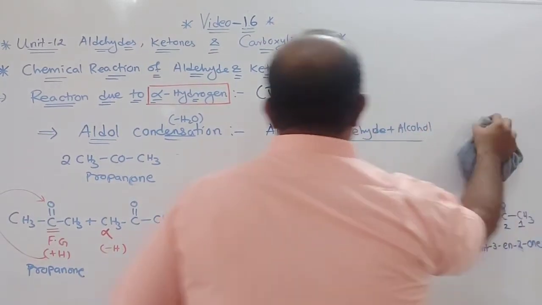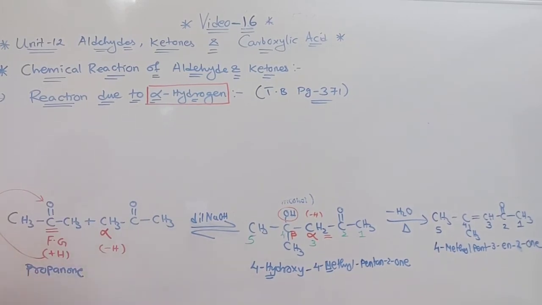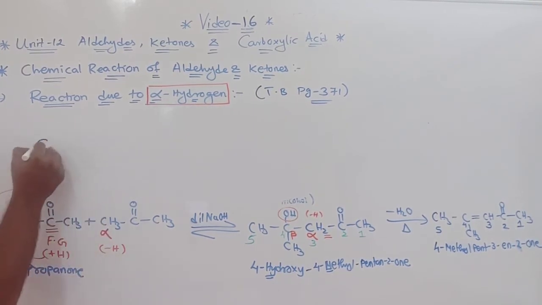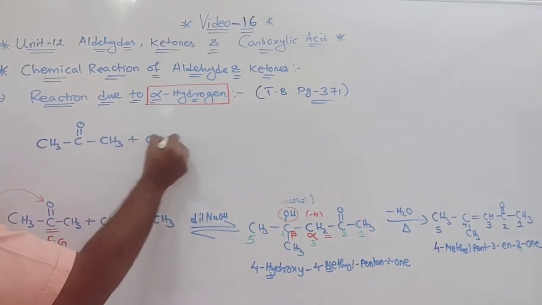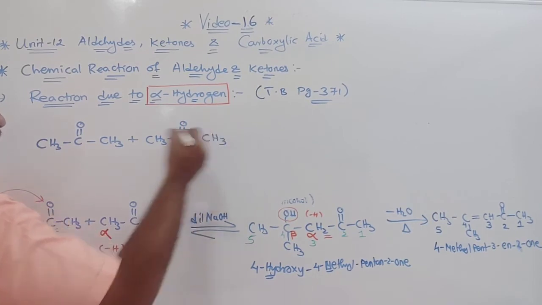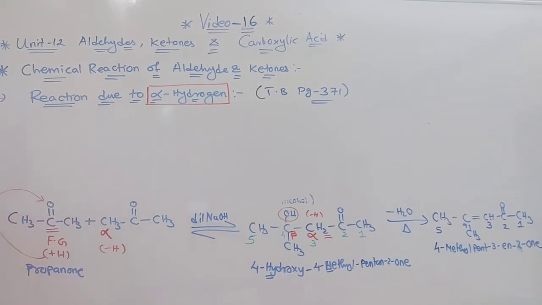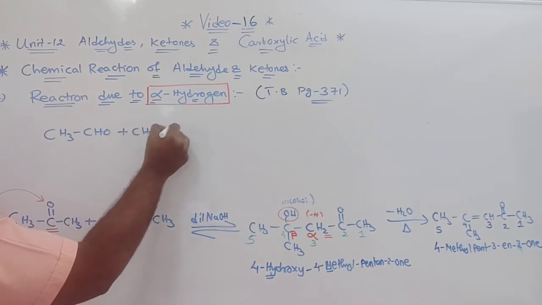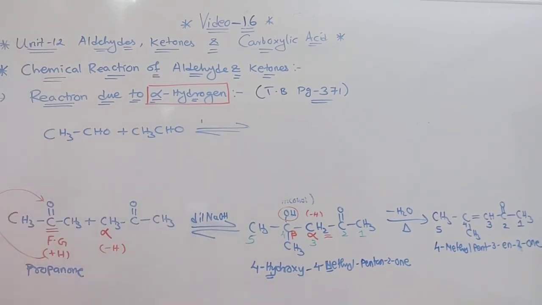This both step can be written in a very simple way. Look here. Either you can do like this, or there is one simple method that I will show. What is that? See, this same thing, if you want, you can take CH3, C double bond O, CH3 plus CH3, C double bond O and CH3. Okay? Or if I want to write one simple formula, I will write CH3CHO plus CH3CHO. Clear? In presence of, first, in your book I think it is written first dilute NaOH,